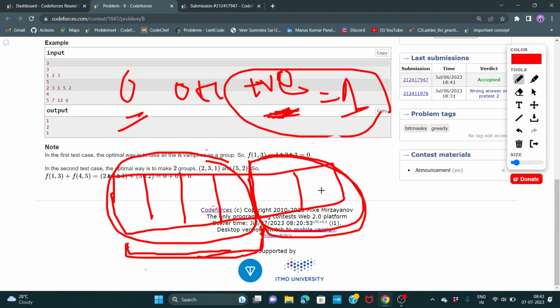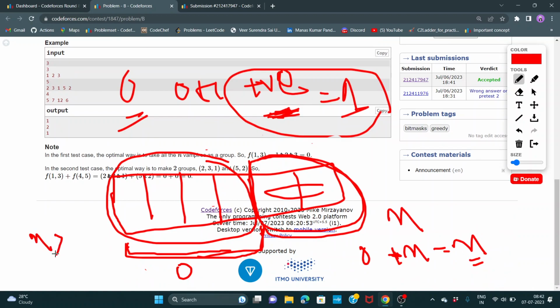Okay, so if yes, then I'll increase the group value by +1. And for this group to be one group, these two elements will form one group if the AND of these two elements is 0. Otherwise, if the AND operation between these two elements is not 0, let's suppose the AND value is x, then 0 plus x is x, and now this value becomes x, and x is greater than 0,